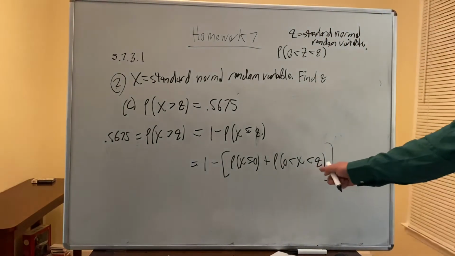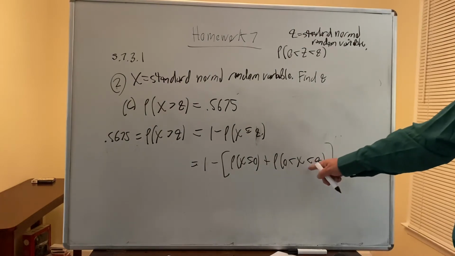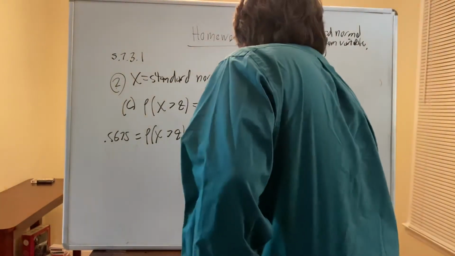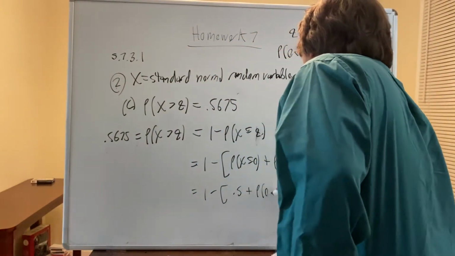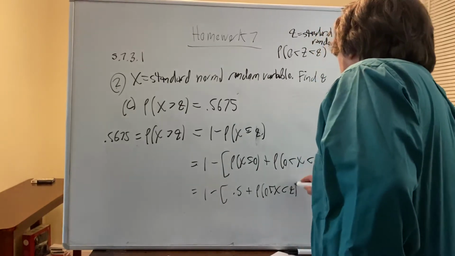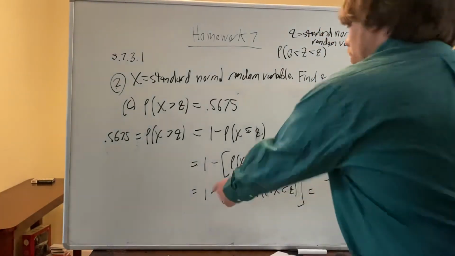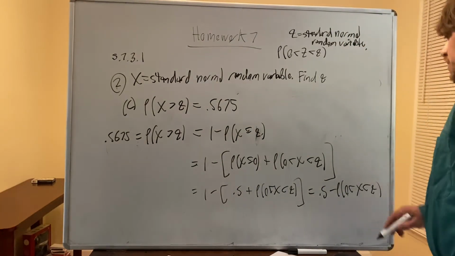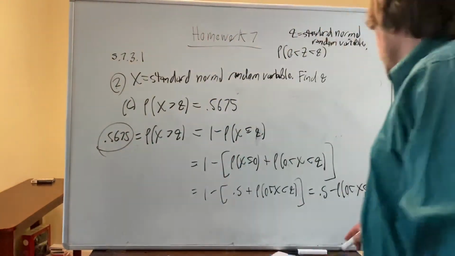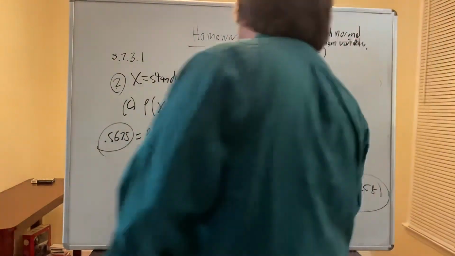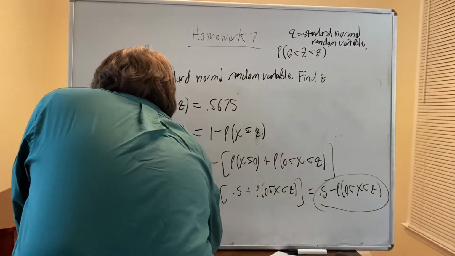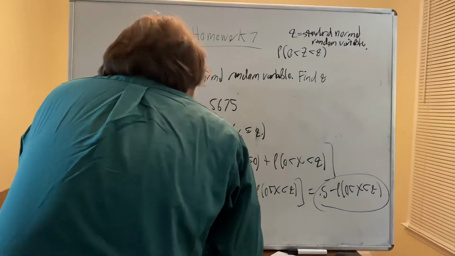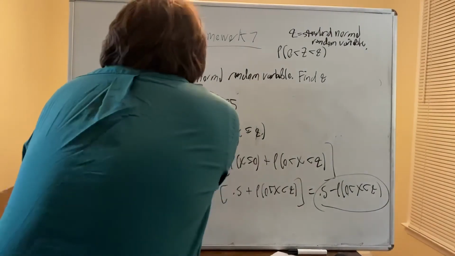Now, it could be less than or equal to z. I can get rid of the equals and put less than, because the probability is the same, because the probability that x equals z is 0. So 1 minus the probability of x less than or equal to 0, which is 0.5 plus that probability. Okay? And so that's equal to 1 minus 0.5, which is 0.5, minus the probability of 0 less than x less than z. So 0.5675 is equal to 0.5 minus that probability. And so the probability then that 0 is less than x less than z, that implies that that probability is